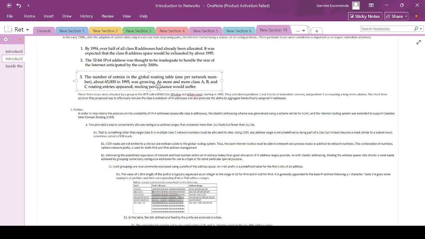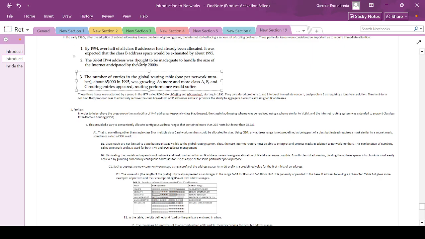As more and more class A, B, and C routing entries appeared, routing performance would suffer because of too many table entries. So this requires a long-term solution,